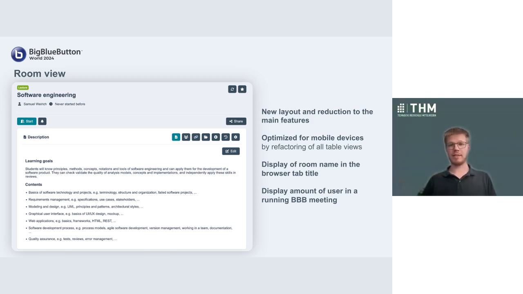We also optimized this for users that are using BigBlueButton on mobile devices, and at least for our students, that's quite a portion of users that are using it on mobile devices, and this system was optimized but not highly optimized for mobile users, and so we refactored a lot of old tabular layouts to fit more for mobile users, and then just a few nice features so that it's easier for you to find the